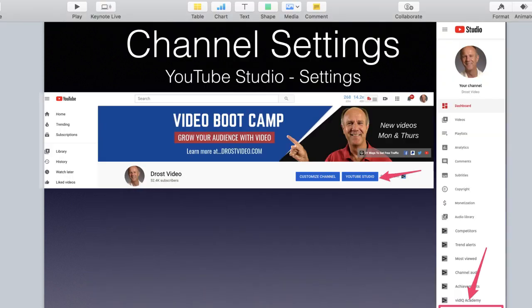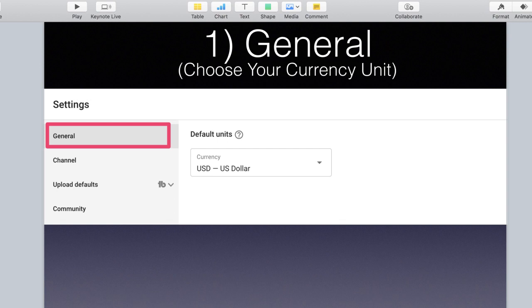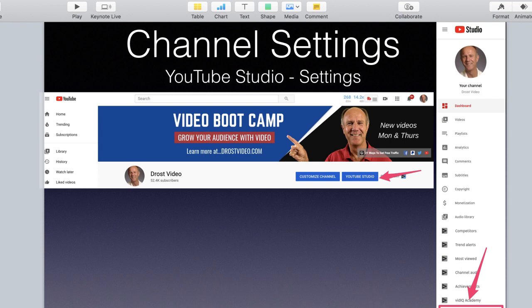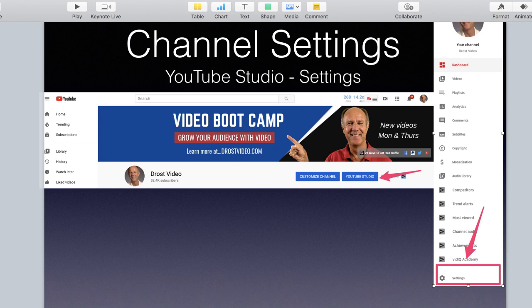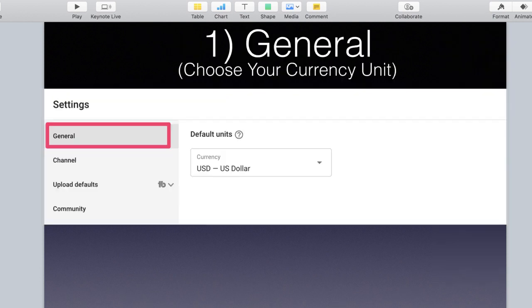So first we want to go into YouTube Studio. So you log into your YouTube channel, go into YouTube Studio, and then I forgot to mention that on the side here, this is the first part. You have the YouTube Studio, and then you go into settings on the left-hand column. You can see here. So that's how to get to those settings if you didn't know about it in the new YouTube Studio. And once you click on the settings, you get these 4 different categories: general, channel, upload defaults,